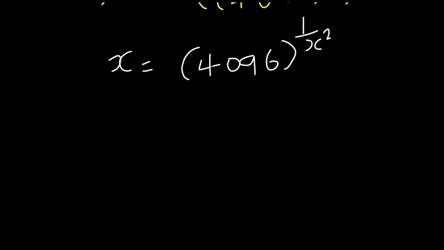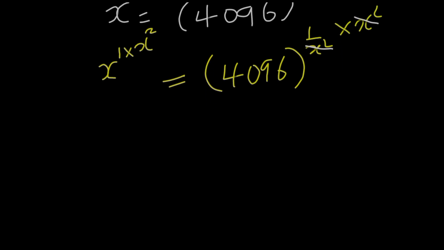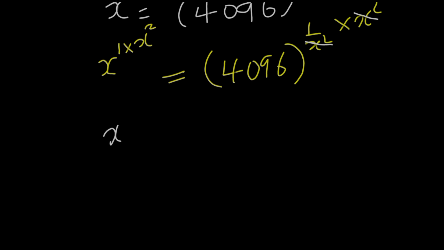Next, we multiply the power both sides by x squared, and we have x to the power of 1 times x squared equals 4096 all to the power of 1 over x squared times x squared. Then here, x squared cancels x squared. We'll be left with x to the power of x squared equals